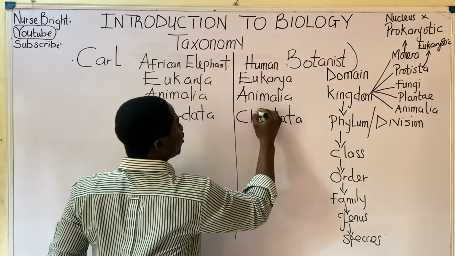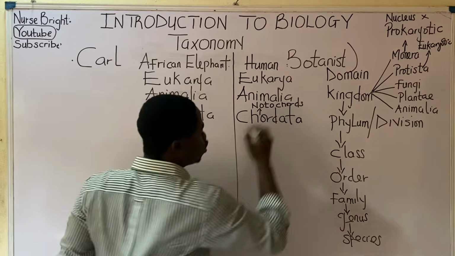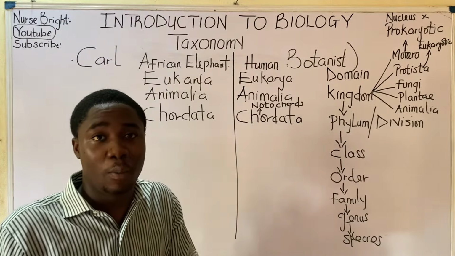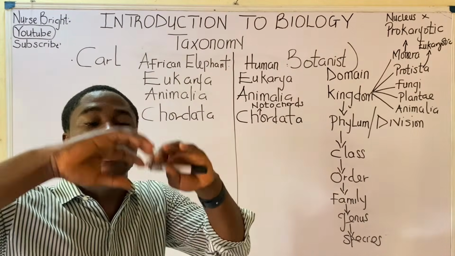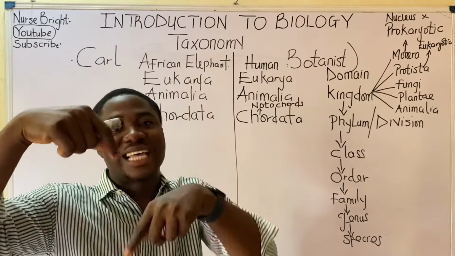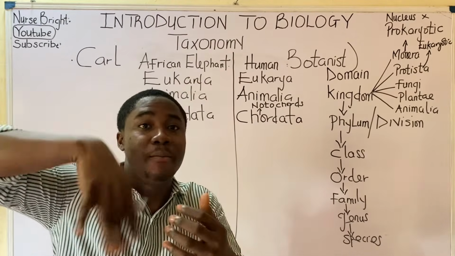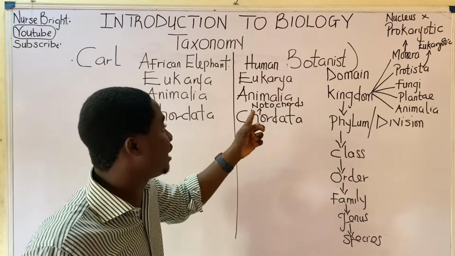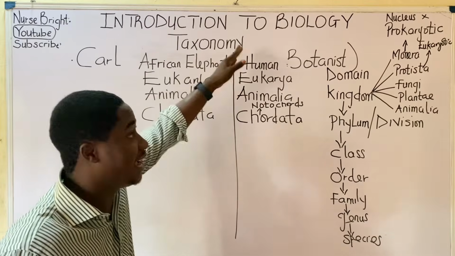What are chordates? They are organisms that have what we call notochords. These notochords are present in the embryonic stage of development, meaning at the stage of developing into an organism, where the two cells that form the zygote, the sperm cell and the ovum, later develop into an embryo. During that stage of embryo formation, the structure that supports the embryo is called the notochord. So humans and elephants are animals, we are animals as well.